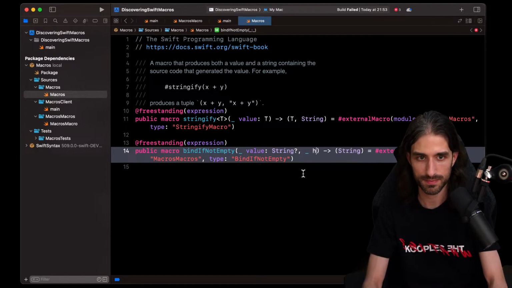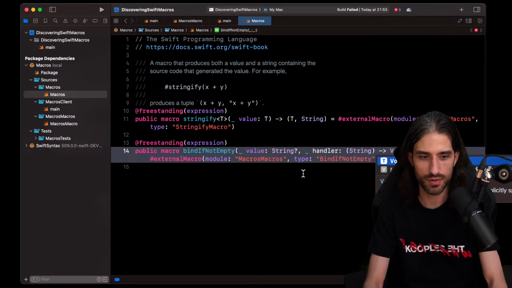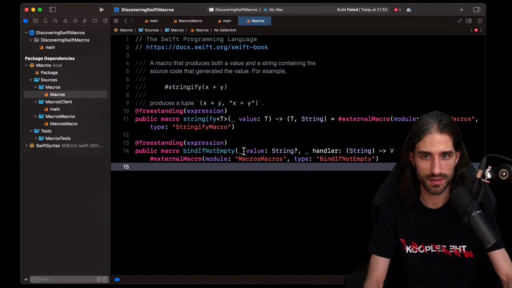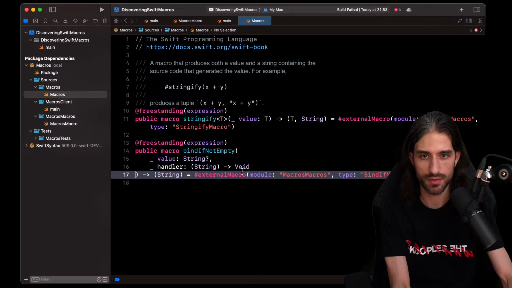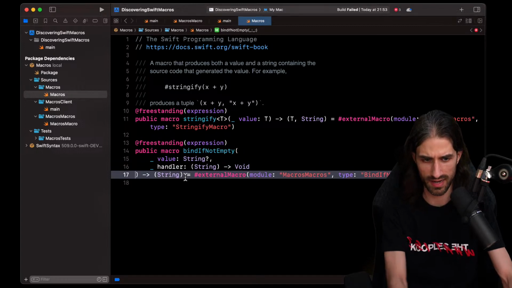So the handler is going to be something that takes as an argument a string and goes to void. Let me make it more readable on the live stream, like that.